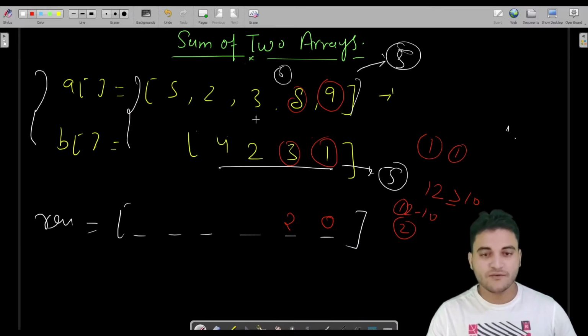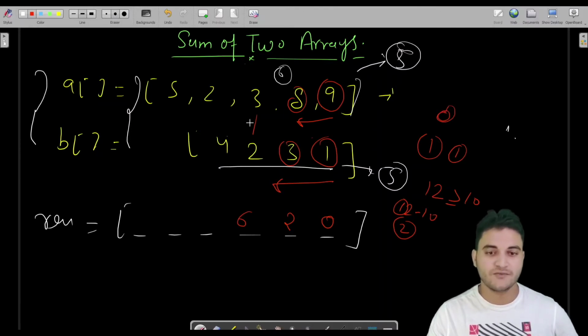So now we have to add these two, because we are moving forward from back to front. 3 plus 2 is 5 plus 1, which is carry, so 6. Now carry is 0. You can see carry is 0 because we have not found any carry here. 4 plus 2 is 6 plus carry, which was 0, so 6. We would put it here.